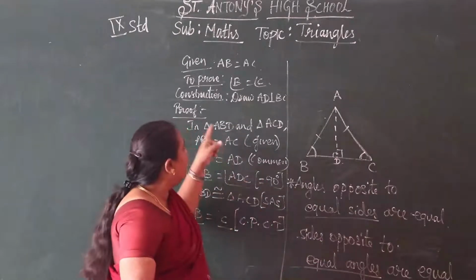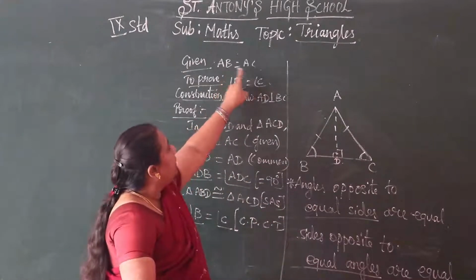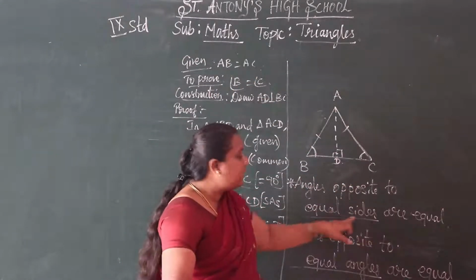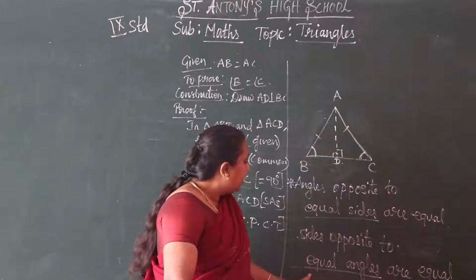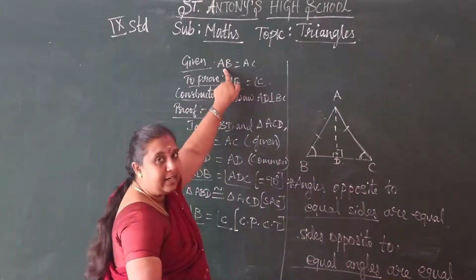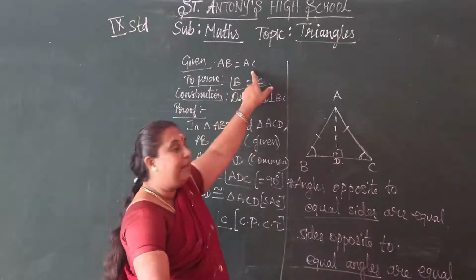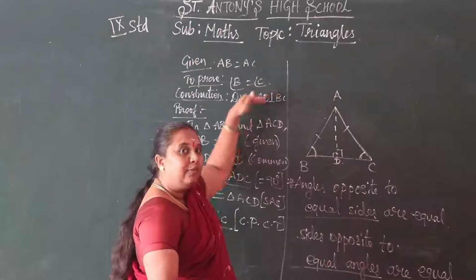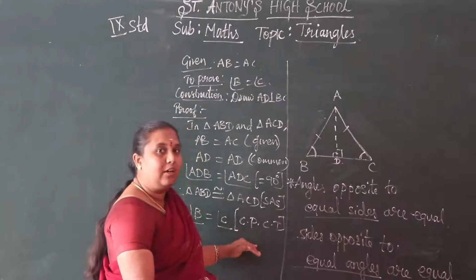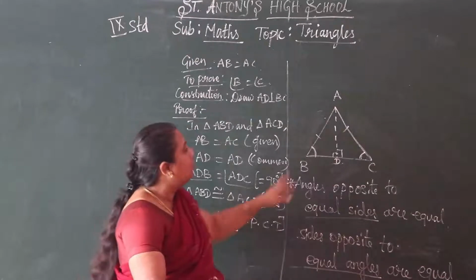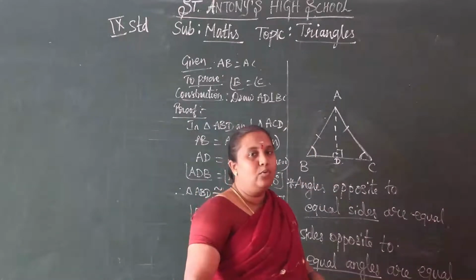Okay, how? Here we took given AB equals AC in angles opposite to equal sides. Here the given is equal sides, but here the given is equal angles. So in this case we take angle B equals angle C, and we want to prove AB equals AC. For that we can prove it like this. By the corresponding parts of congruent triangles, the two sides are equal. We can prove it like that.